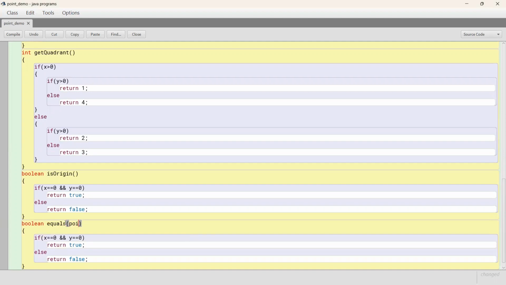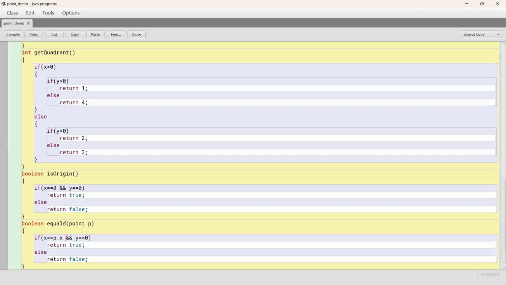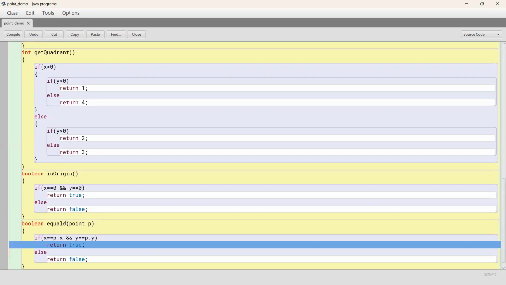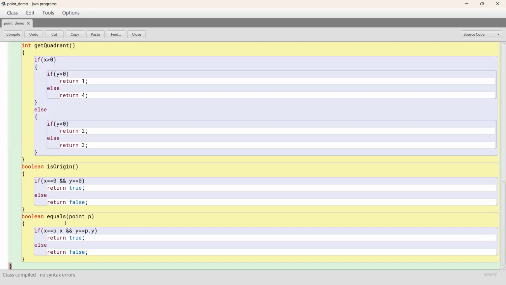Here I'm again receiving point P. So P2 is coming as P. And here I'm just going to compare if x equals p.x and y equals p.y, then I can say both the points are equal. Otherwise, I will say no, both the points are not equal. So something like that. If I compile